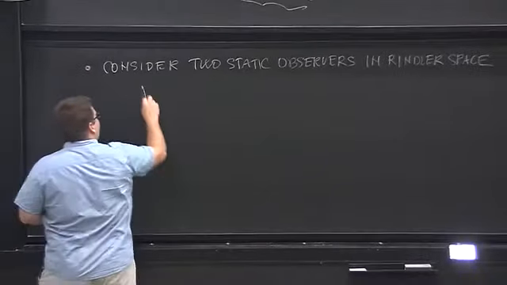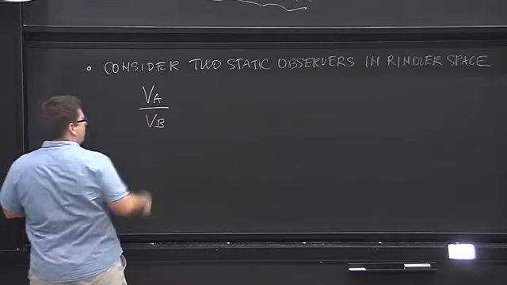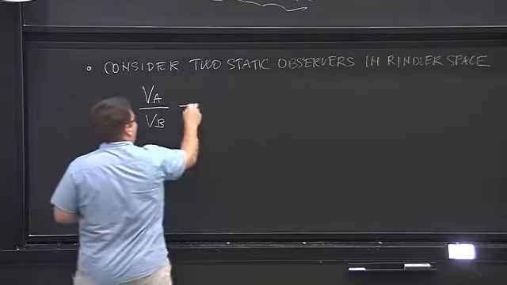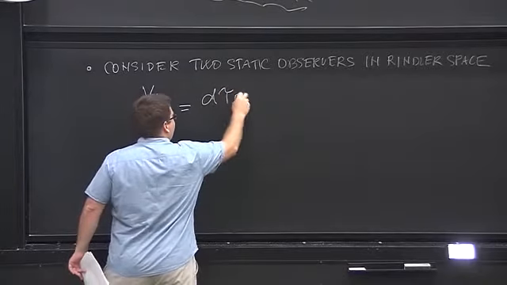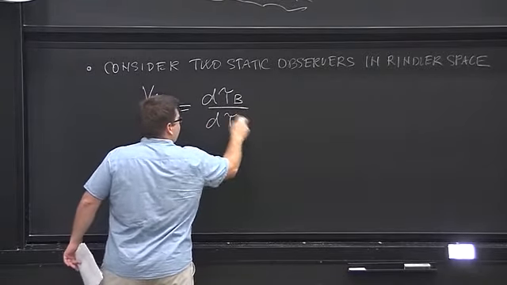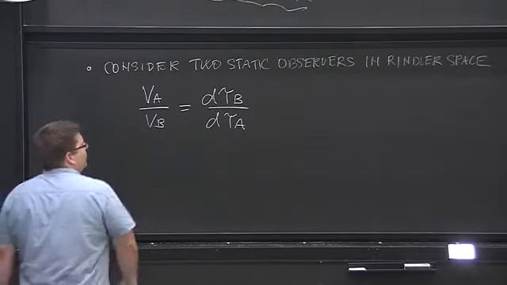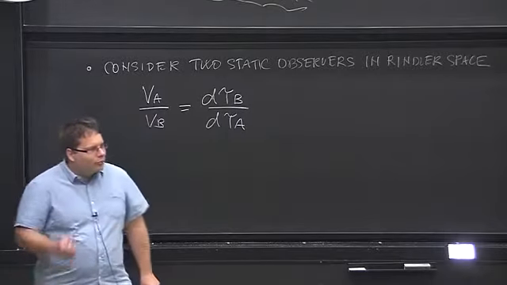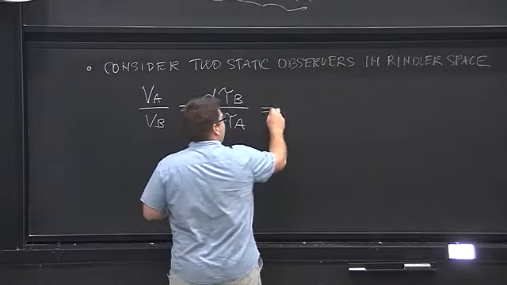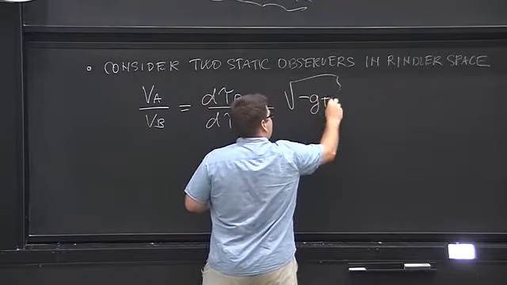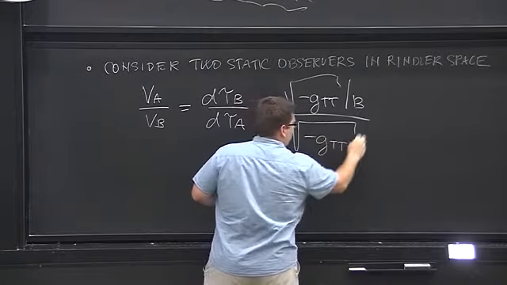And so the ratio of the frequencies, where one observer is A and the other observer is B. So this is nu, that's the frequency, it's not velocity. It's equal to the opposite thing. So we are doing the same calculation for the gravitational redshift as we were doing before. So it's the proper time of B versus the proper time of A. And because these observers are static, they are not moving, they just sit there at x equal to constant. This is simply given by the square root of minus g_tt at B over minus g_tt at A.